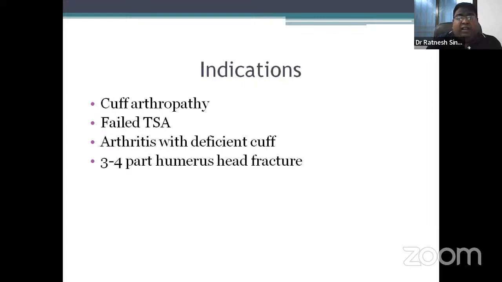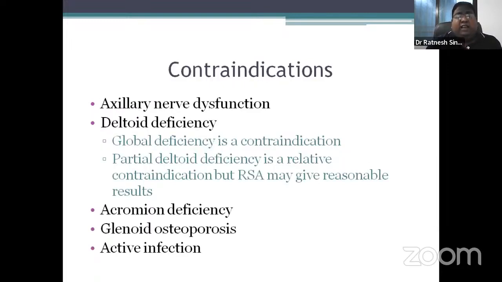Here I would like to point out one thing: if there is a tear of the supraspinatus that is not retracted, or if the cuff can be repaired, then you can go for total shoulder arthroplasty also. If the cuff is irreparable, then you should go for the reverse shoulder arthroplasty. What are the contraindications? Axillary nerve dysfunction is a contraindication, because it is the main